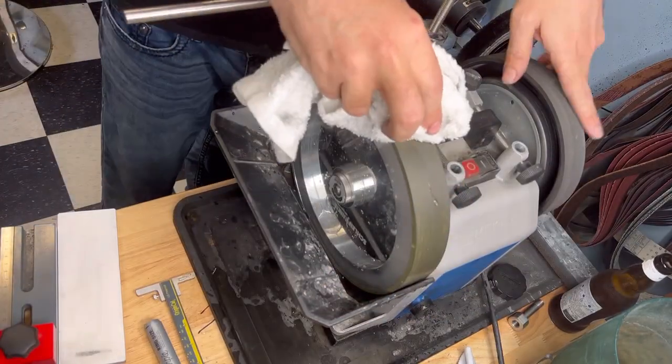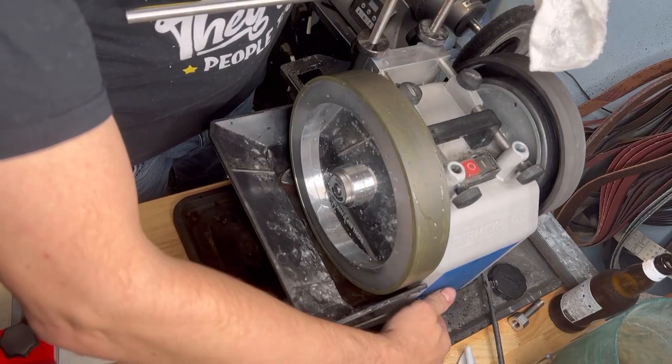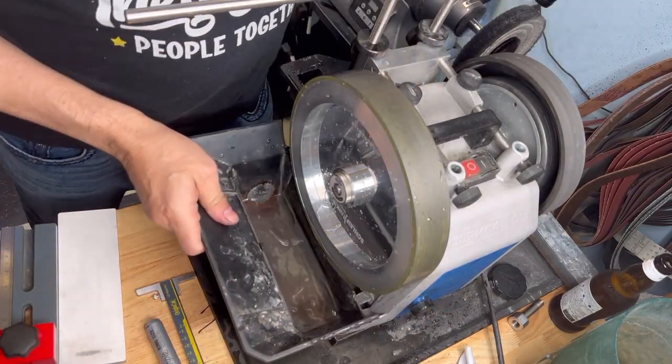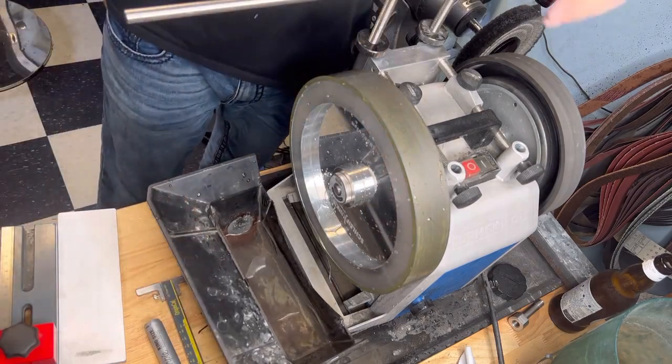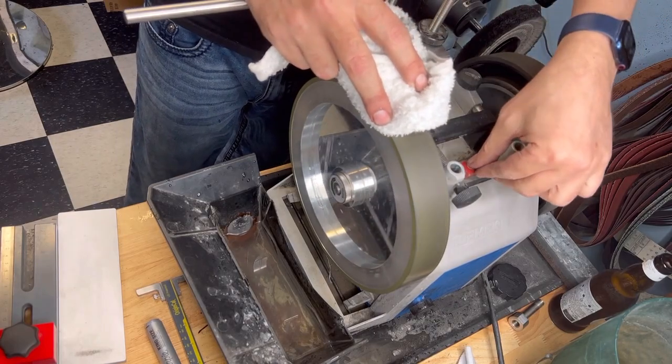You know. So we do this now. But I'm going to get this one out because some of my knives are long. So as they are long, I will touch the wheel with the...